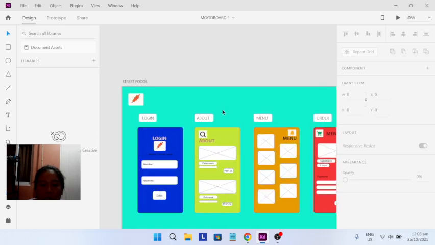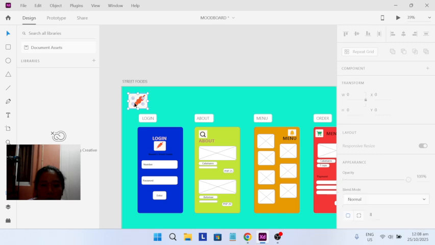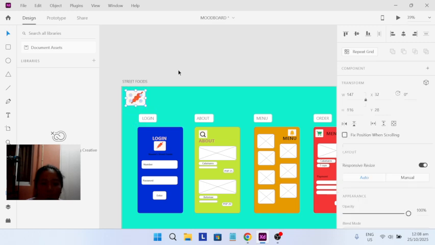Here. Adjust natin to para makita ng konti. There.